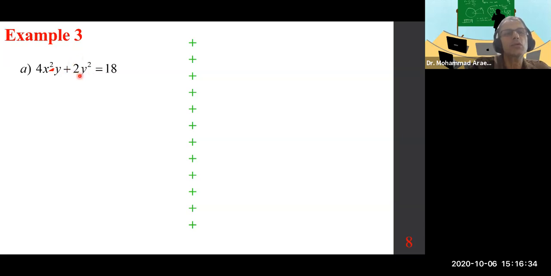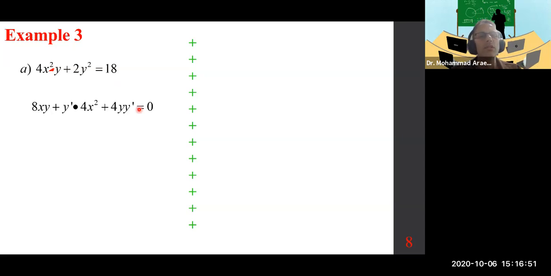What is the derivative of 2y squared? 4y, y prime, or dy dx. And this is a number. It doesn't matter what type of number and how big or small, the answer is 0. Again, done with calculus. So what are you going to do? You're going to move 8xy, because you're solving for y prime, remember that. 8xy becomes negative 8xy,